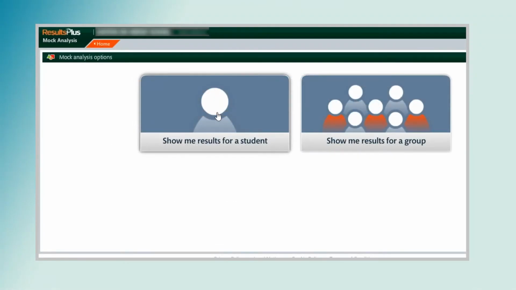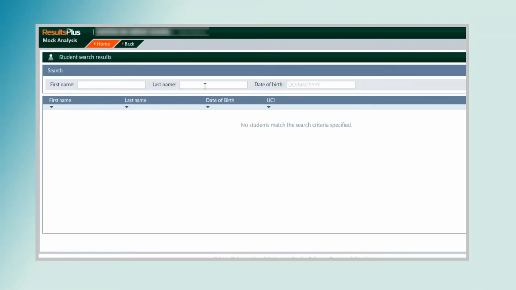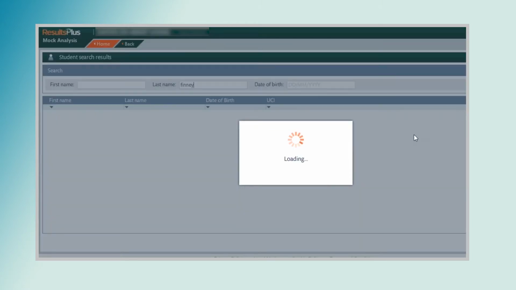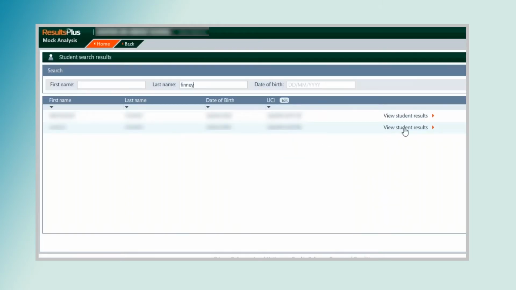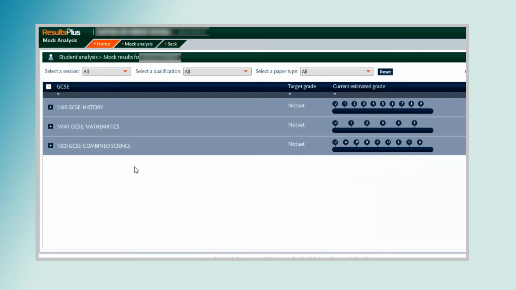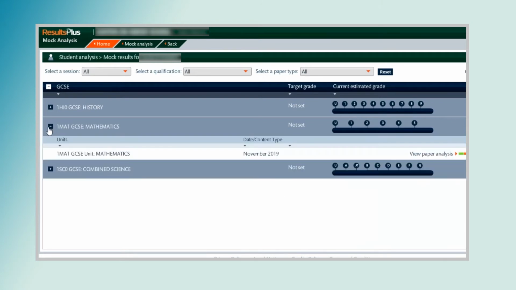So we've looked at our actual group, but then you might want to just look at an individual student to see how they've done, if they perhaps didn't do very well in the exam, like that candidate we looked at earlier. You can put in any of those fields that we saw earlier, often the surname, date of birth perhaps as well, if there's more than one of that name. There we are. And so we can pick our student, and there's mathematics.